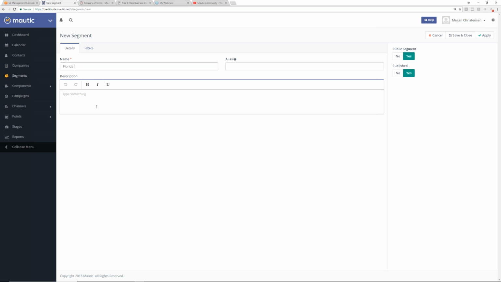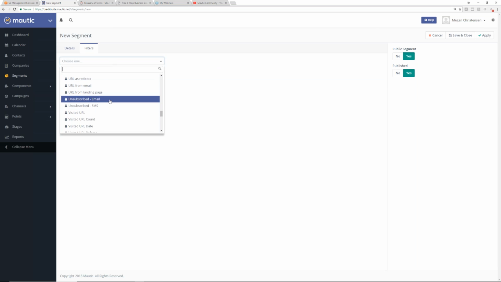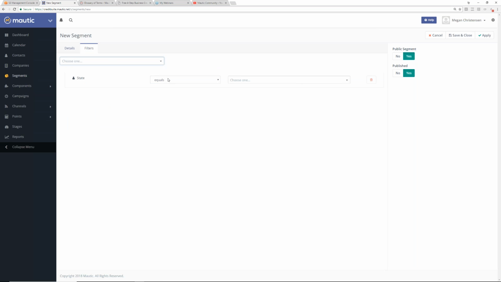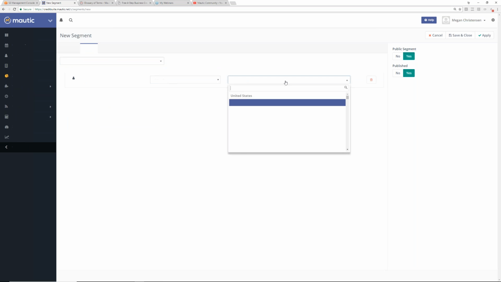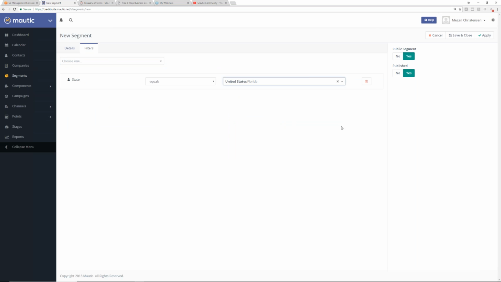And to do that, we're going to first start here with the segment of Florida. We're going to come to filters in alphabetical order. We're going to see if state's available. State is available. We're then going to say equals or not equals. In this case, we're going to say we want it to equal Florida. And now what we've basically said is, hey, look, if this person has the state of Florida, then they go